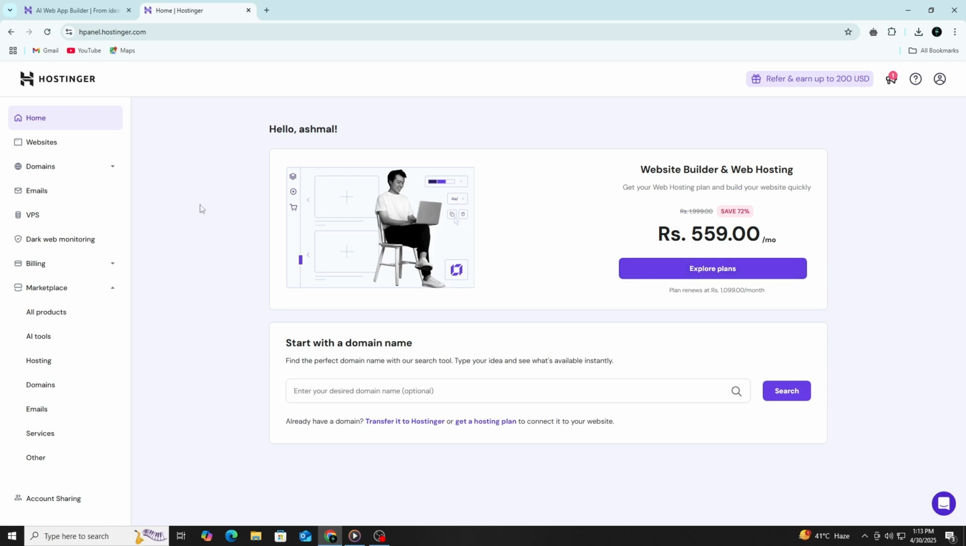Below the promotion, you will see Start with a domain name. This is a search tool. Enter your desired domain and click Search. If the name is available, you can register it on the spot. If you already own a domain, click the link to transfer it to Hostinger or connect it by updating its name servers. Having your domain connected at this stage means when you publish your site, it will go live immediately at that address. Now that your account and hosting plan are ready,